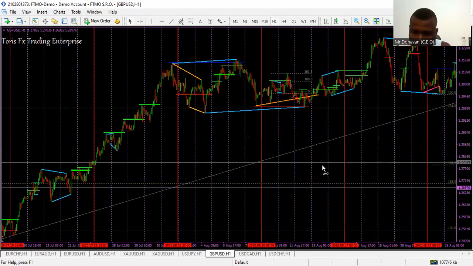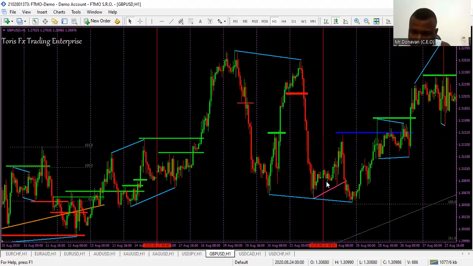Now you get this pattern, you have A, B, and C. The question is, will you be selling this? No, I will not advise. But all the same, last week was what? Around last week's low was around here. Then there is a buy entry here for A, B, and C